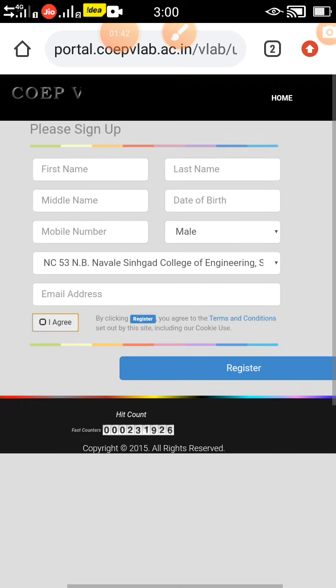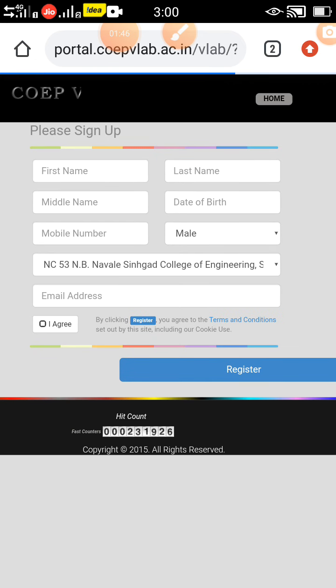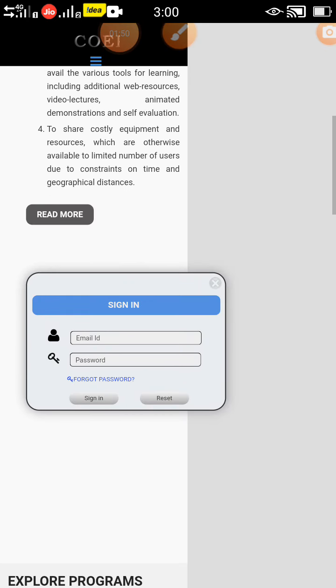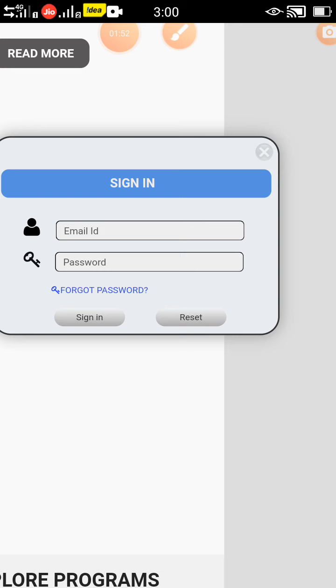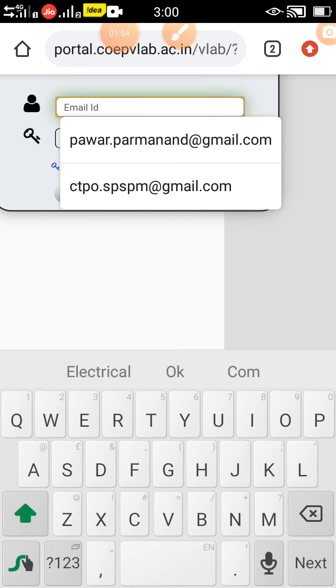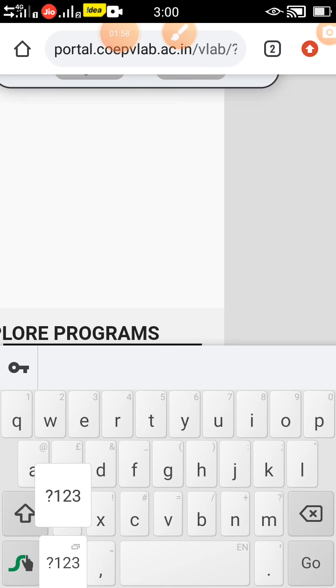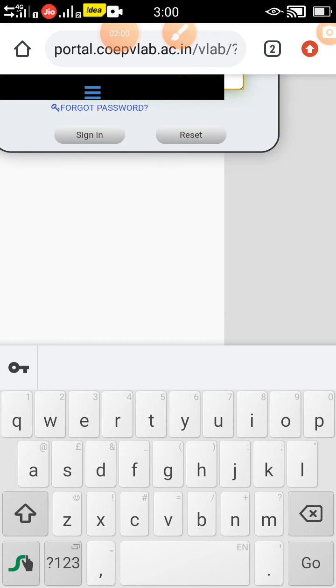So use this password for the first login. After that, go to the home session. We will get another window in which we have to sign in with our mail ID. Here is my mail ID and the password of my mail.